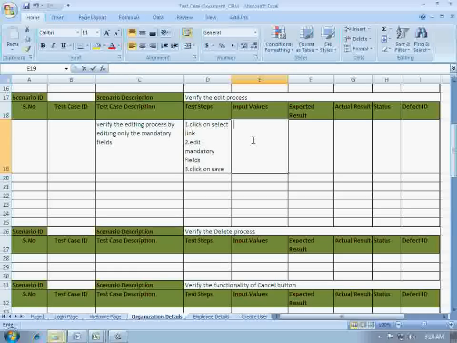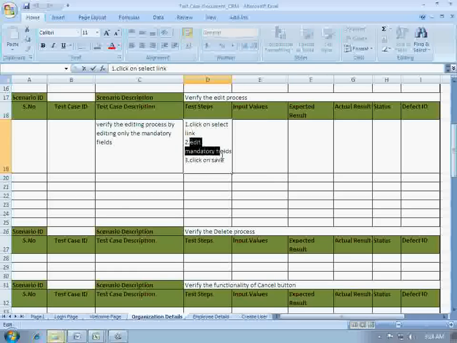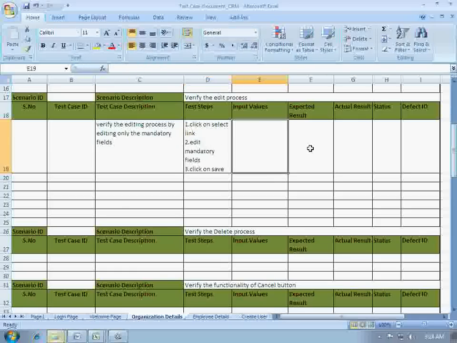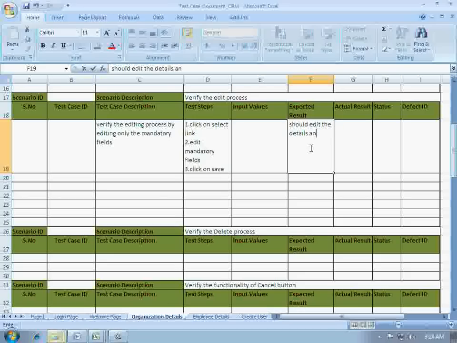Input values, again you can give input values for mandatory fields here, and expected result is should edit the details and display in the grid.